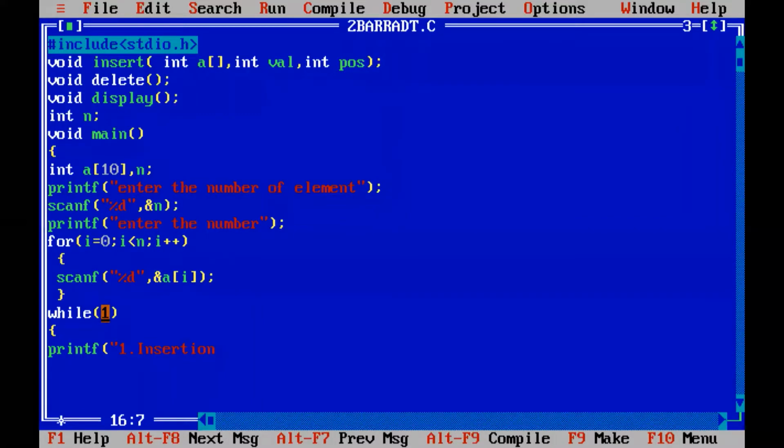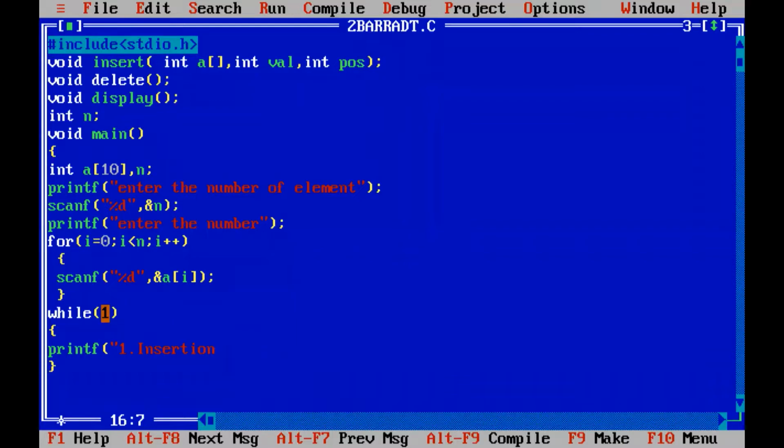Usually in the bracket we give the condition to be checked for the while loop. If the condition is true, then the lines will be executed, right? The statements, whatever we give within the bracket, we will be executing. Whenever the condition is true, it will execute the lines which are given as the statement for the while loop. So now, what is the meaning of 1?